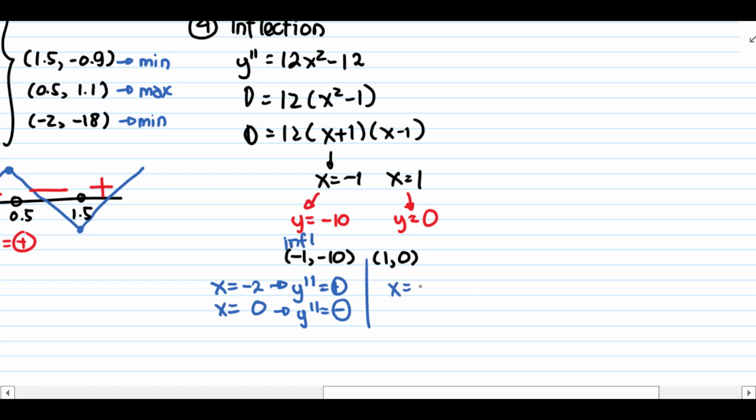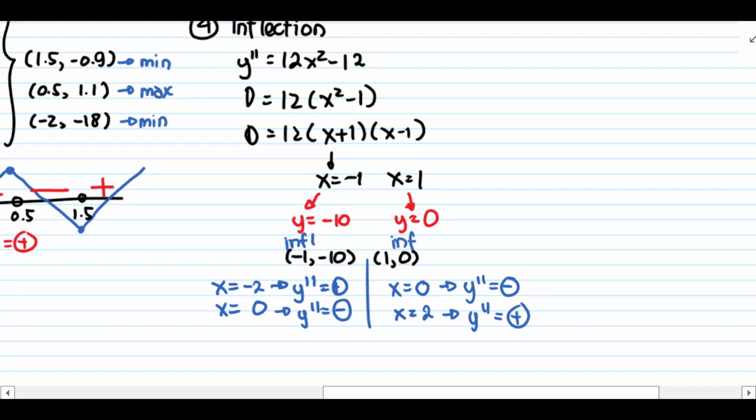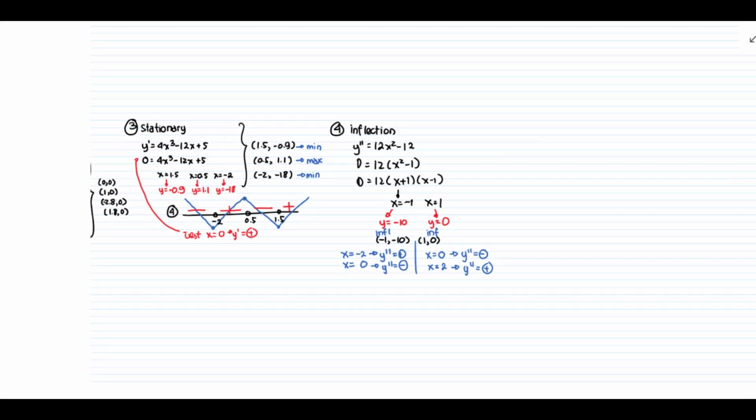And how about the other one? For this one, I will take x equals 0 as the before. And for the after, I will take x equals 2. So for this one, I will have a negative sign. For that one, I will have a positive sign. Okay, there are changes. So this one is also an inflection point. Because all of the